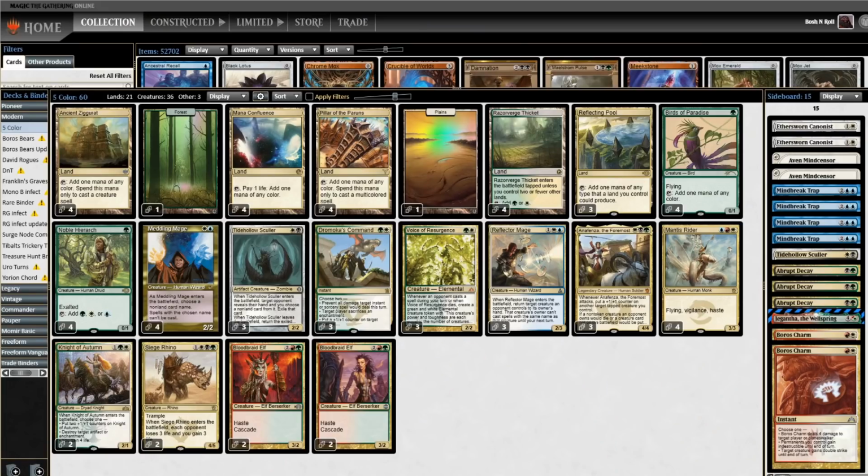Welcome back to the BoshNRoll channel. Once again, today I have a donation deck list. This is a Modern list, and it's from subscriber Dan. Dan wanted me to help relive his early Modern days and build a Pillar of the Paruns / Ancient Ziggurat